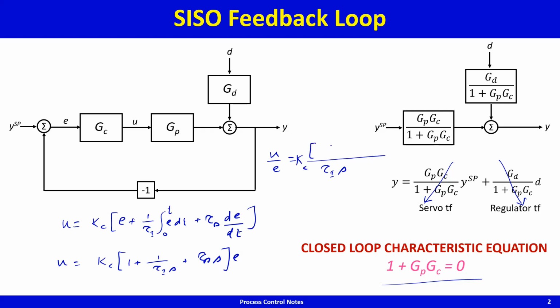tau I tau d s square plus tau I s plus 1. This is the transfer function that we get, and you can notice that the numerator order is greater than the denominator order, so this is not physically realizable. This is not realizable